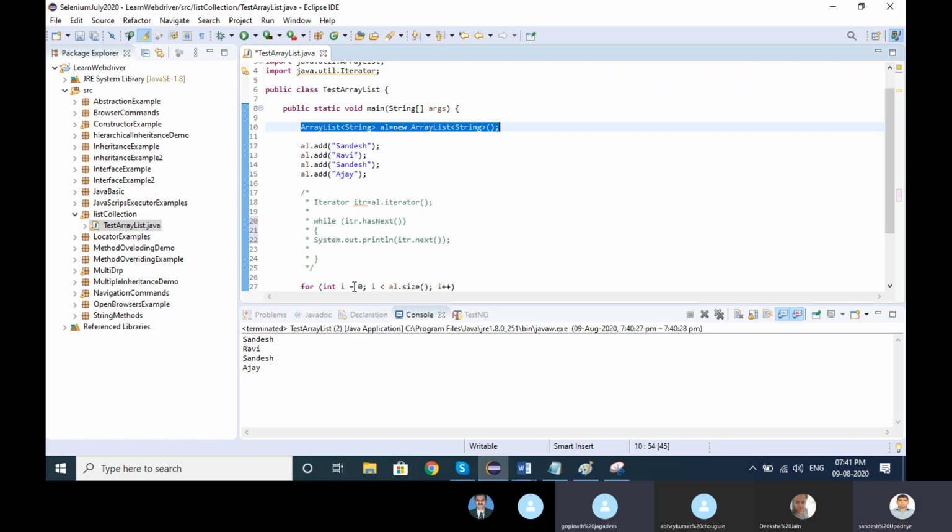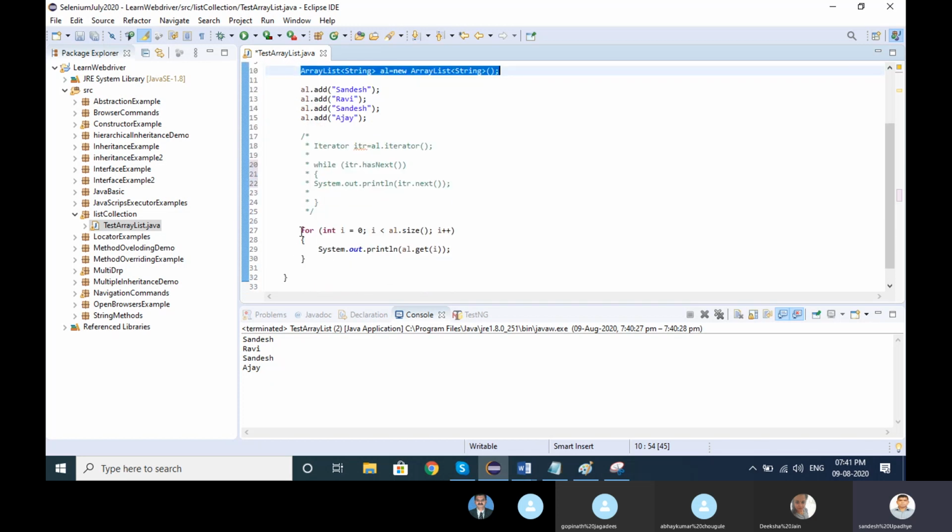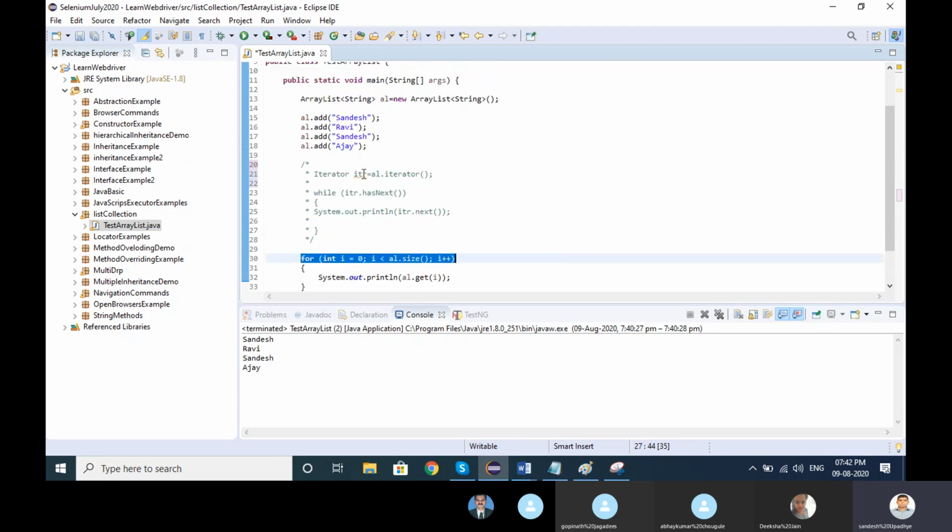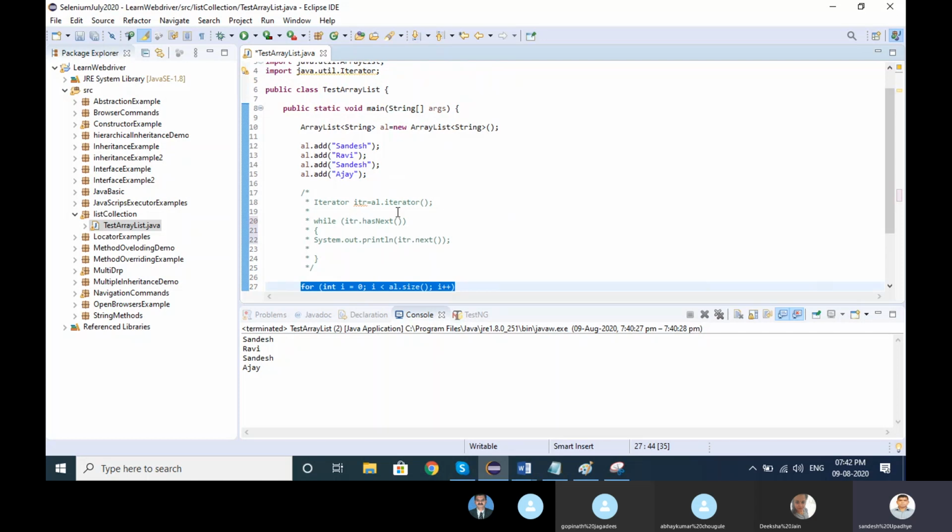Iterator is nothing but a for loop. Whatever the variable, whatever the elements we are putting here, it's the for loop, where we keep the level at 0. Iterator simply means we are just taking values one by one, looping over the values.